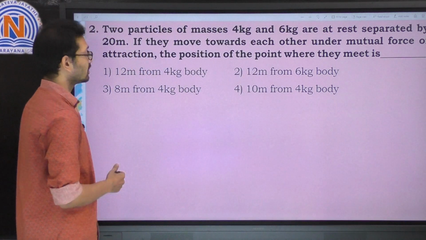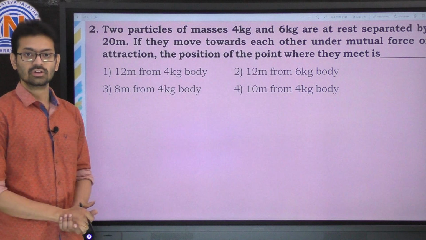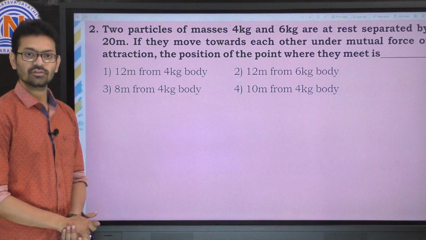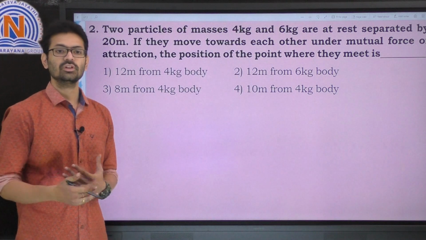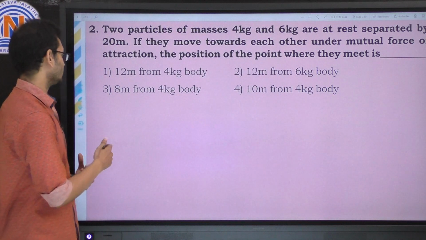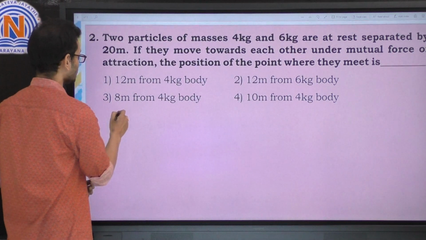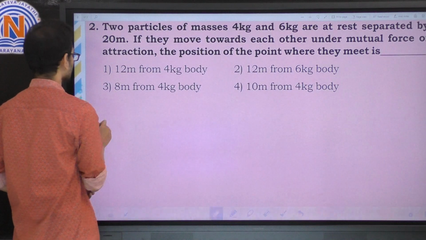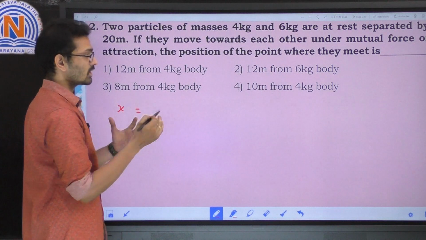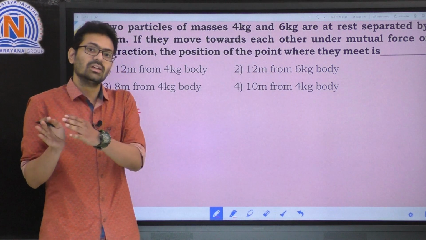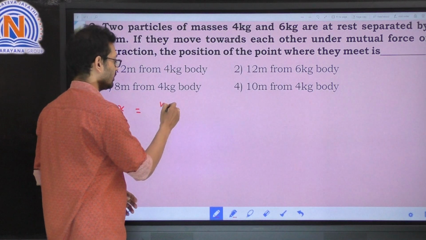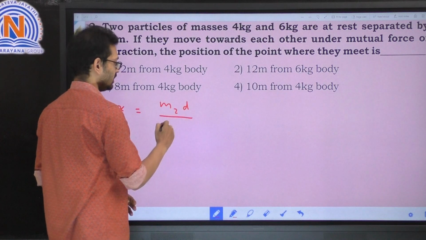Next problem is, two particles of mass 4 kg and 6 kg are at rest, separated by 20 meters. If they move towards each other under mutual force of attraction, the position of the point where they meet is. Now what happens is, if you want to find that position x, you can consider it from m1, like you can take the distance from m1 as x1, so you will be taking it as m2 d by m1